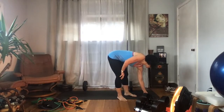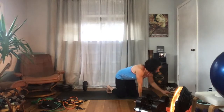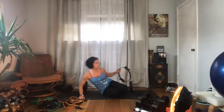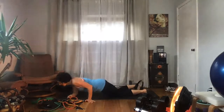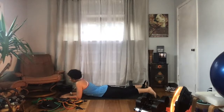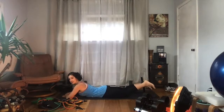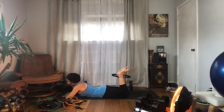We're going to grab that magic circle, or you can grab your couch cushion, come to your belly, put that magic circle between your ankles, and it's like double leg kick on the mat, but not quite. So squeeze those heels together, squeeze and pulse it here for 8, 7, 6, 5, 4, 3, 2, 1. Now keep that squeeze and squeeze the heels to the seat for 8,